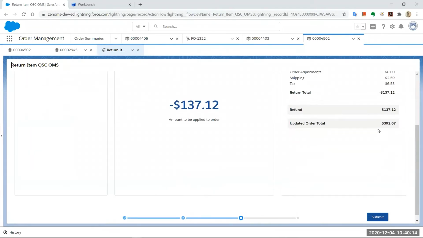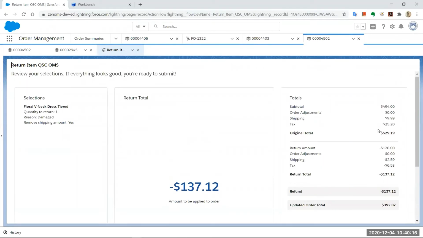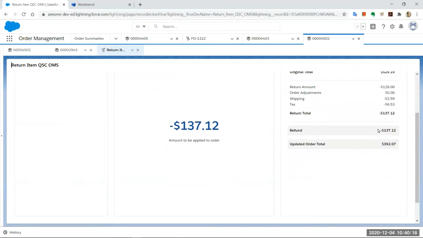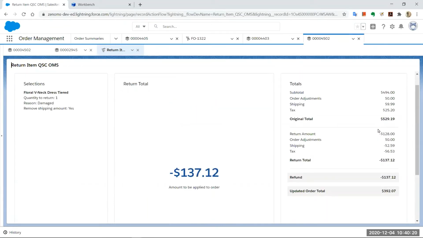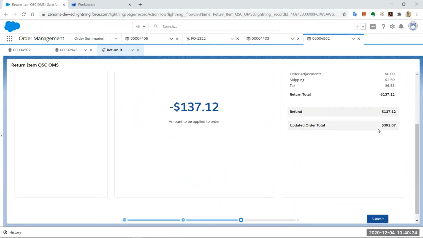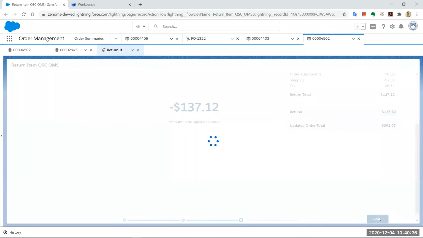So here you're not actually gone through the process, it's just before submitting you were presented a preview screen of how it would look and what are the various refund amounts that the customer can expect from his end, right? So the refund amount that the customer can expect is $137, and if he's going through with it, you can submit it further, right?